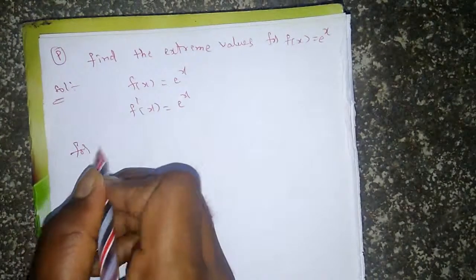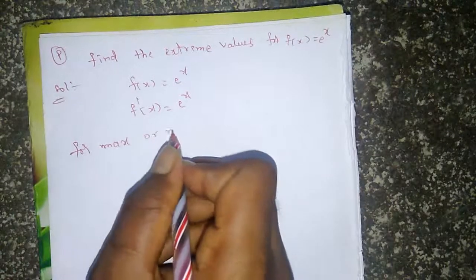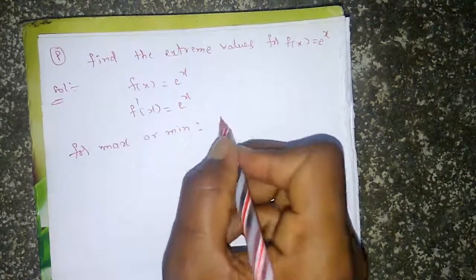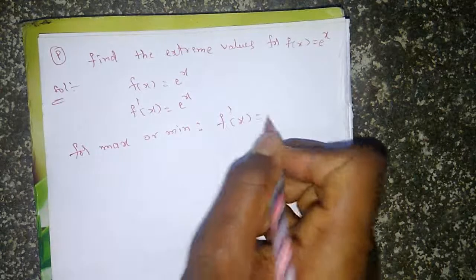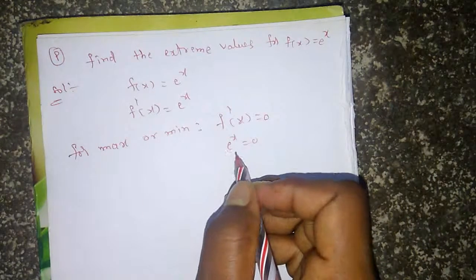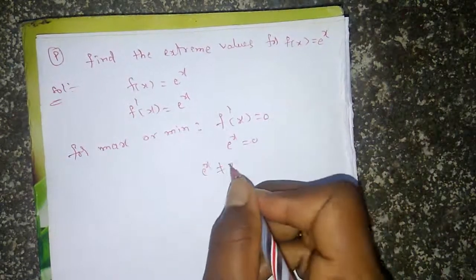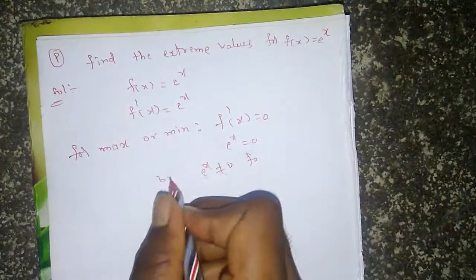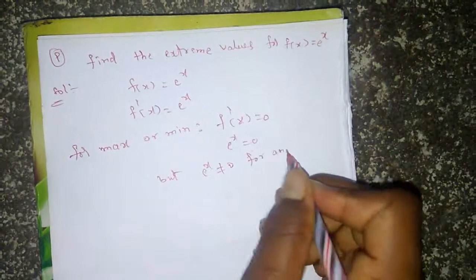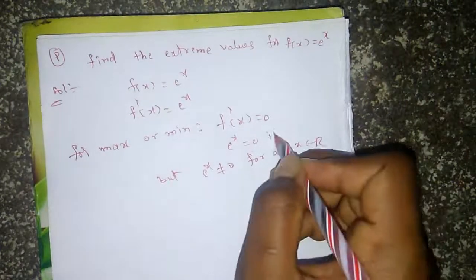For maximum or minimum, f dash of x is equal to 0, that is e power x is equal to 0. So here e power x is never 0 for any x belongs to R. So therefore e power x is equal to 0 is not possible,